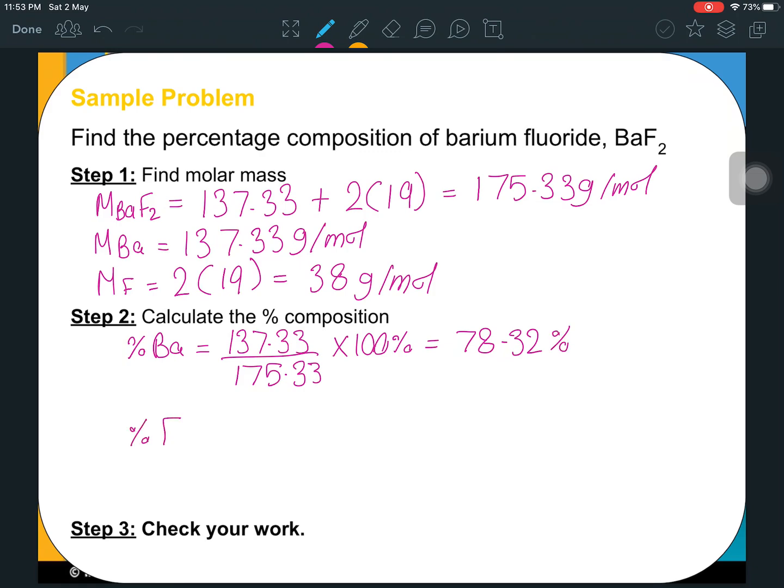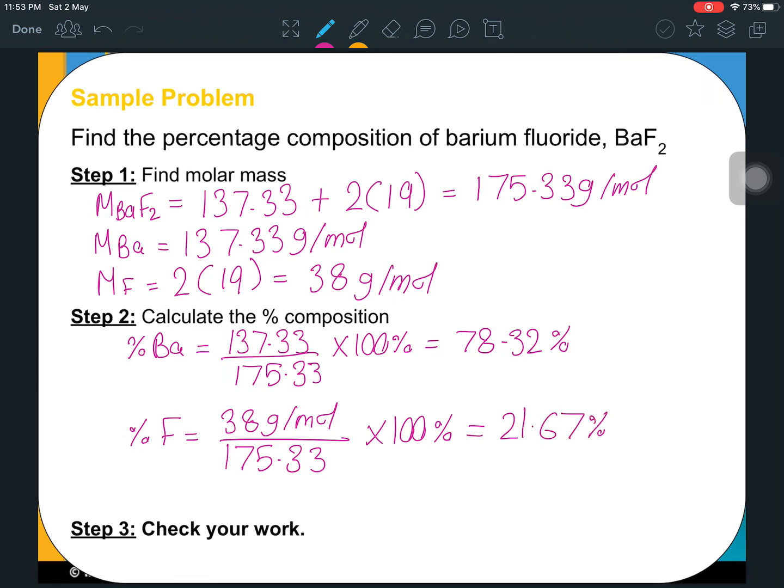And then my percentage of fluorine is equal to 38 grams per mole divided by 175.33 times 100%, which is about 21.67%. So I can see that of barium fluoride, about 22% of it comes from fluorine and about 78% of it comes from barium. So now let's go ahead and double check to make sure that our numbers all add up